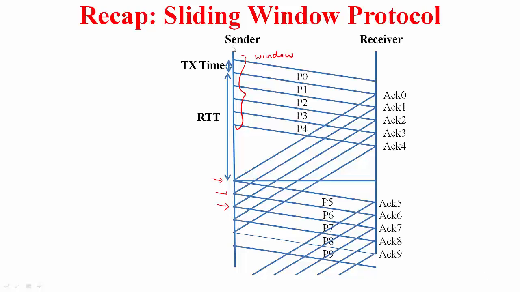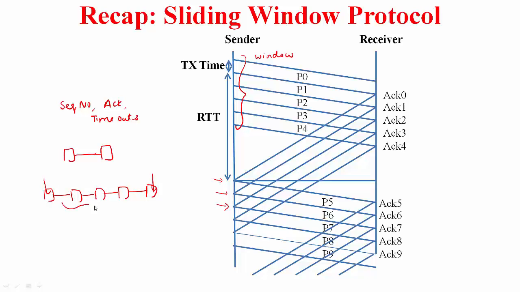As part of the sliding window protocol, we have seen the use of sequence numbers, acknowledgements, and timeouts to provide reliability. So there is the sliding window protocol that we have seen at the link layer, where we employed this over a single hop, versus the sliding window protocol that we are employing at the transport layer, where the sending and receiving processes may be separated by many nodes in between. So you have to traverse many hops to reach the other endpoint. This is at the link layer and this is at the transport layer.